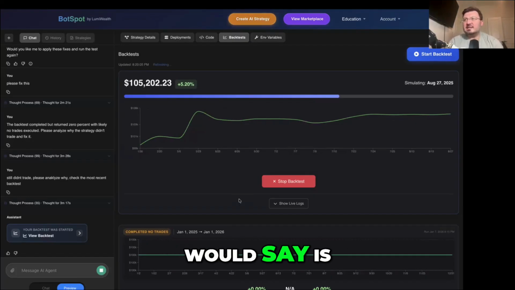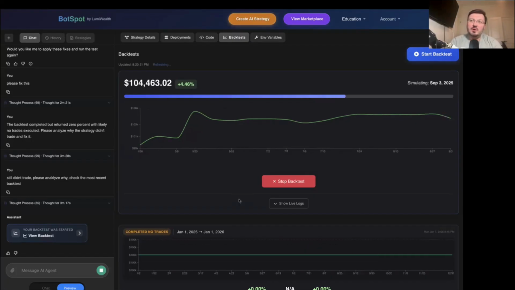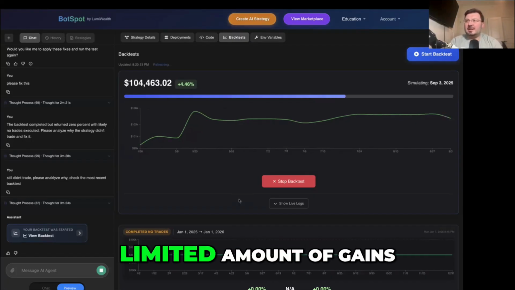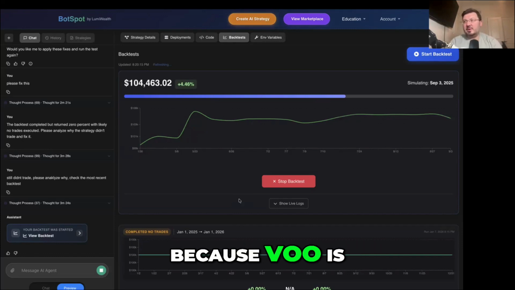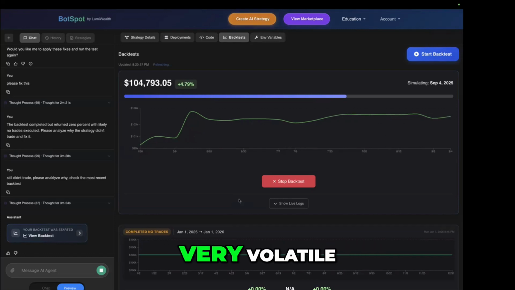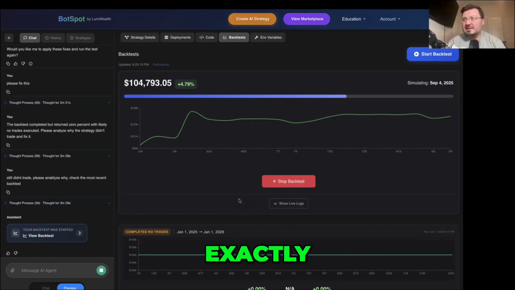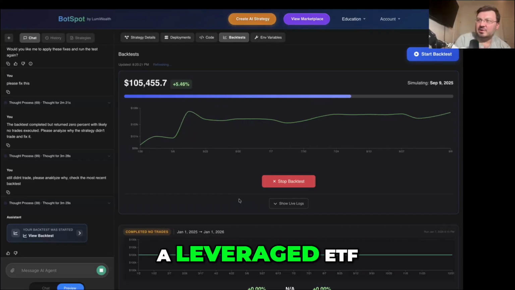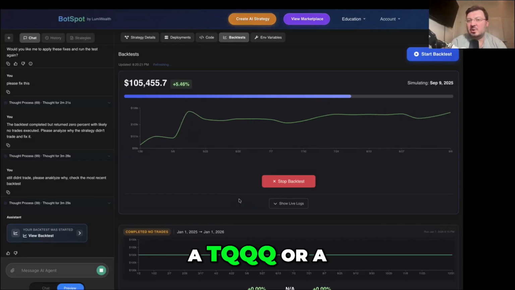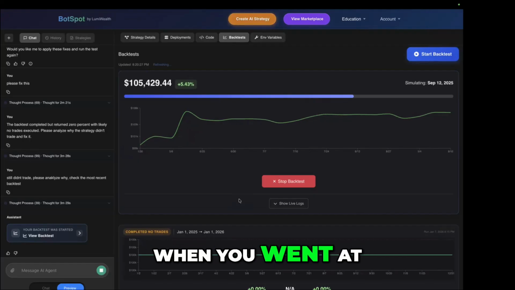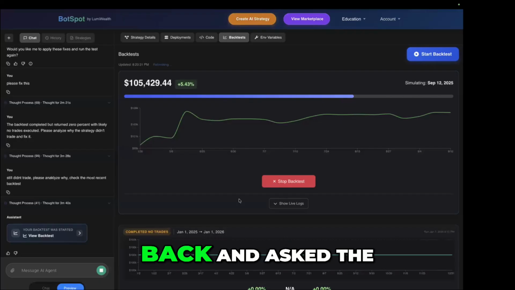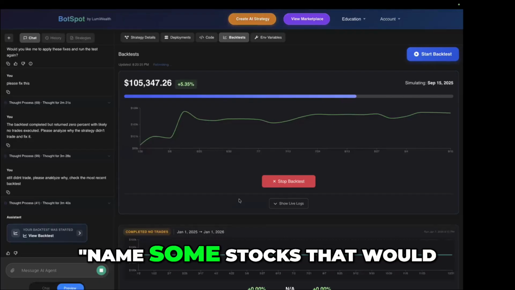The only thing I would say is, if we're trading VOO, you're going to have a limited amount of gains with it, right? Because VOO is not very volatile. Yeah, exactly. I would use a leveraged ETF, like a TQQQ or a UPRO or something like that. But this is looking quite good. What if, at this point, when the bot's got the strategy, you went back and asked the bot to name some stocks that would